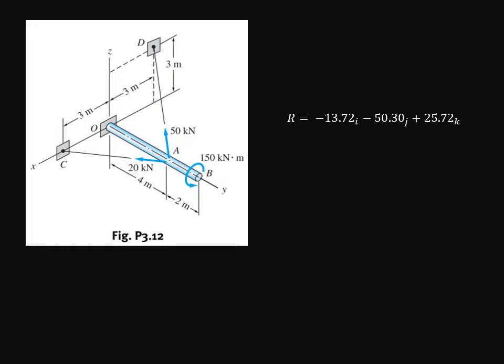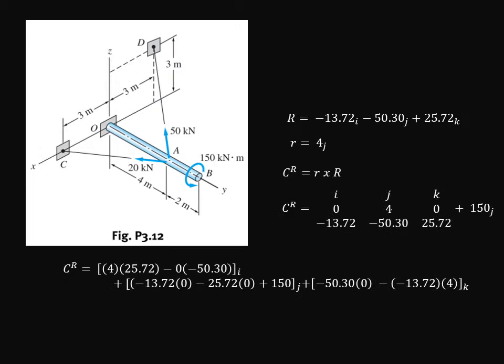To find the couple, we need to multiply the force R by the distance of the initial point of application 2.0, or we can use the two forces from earlier and multiply them by the distance of the original point of application 2.0 to find the couple. In this video, I chose to multiply force R by the distance of point O from the original position,